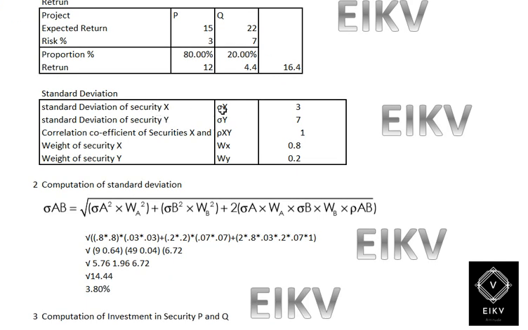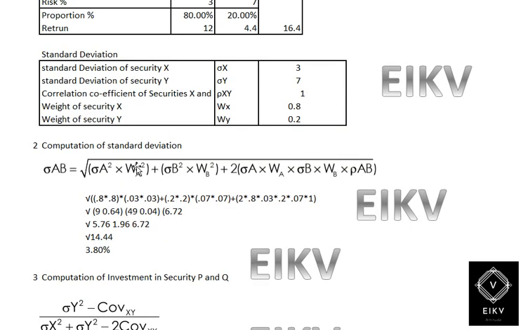Now the standard deviation. The standard deviation would be 3 for X, and for Y it would be 7, and the correlation coefficient of X and Y would be 1, and the weight would be 0.8 and 0.2. Therefore, the computation of standard deviation would be: standard deviation of AB is equal to the root of A square into weight of A square plus B square into weight of B square plus 2 into weight of A into weight of B into